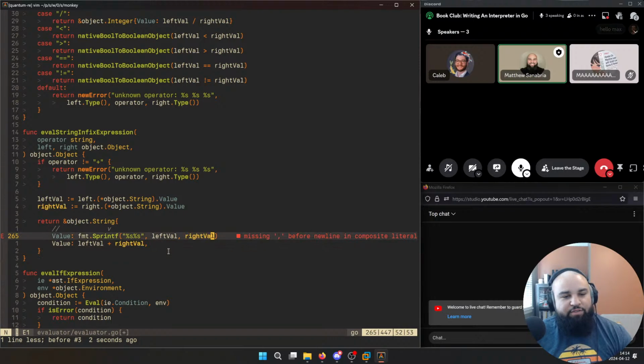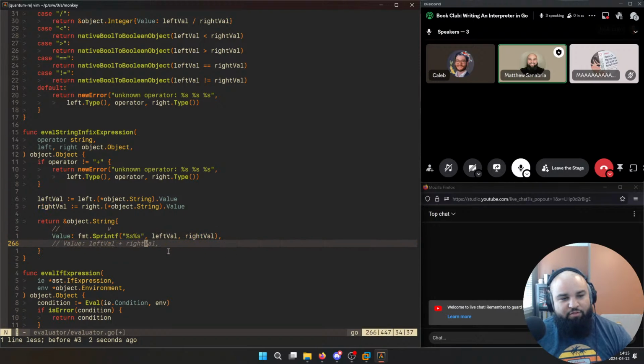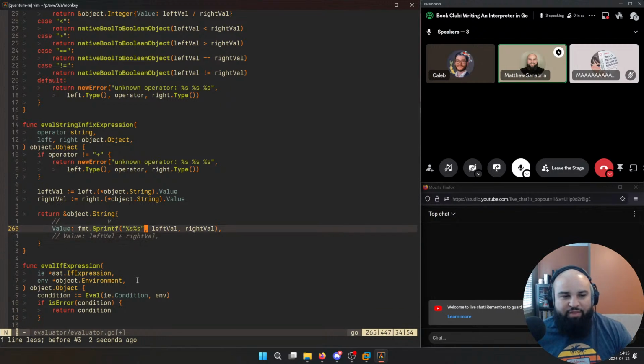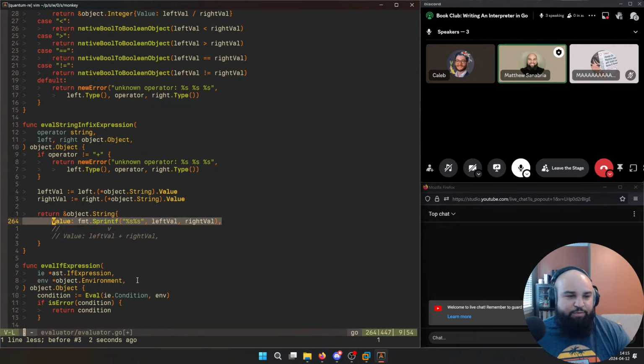There you go. I wish I'd have seen this personally, because it would have made the magic more explicit. I know this is another function call, but it's really easy to miss this plus operation here and understand that this is not the monkey's plus operation. This is the underlying Go's plus operation. So I don't know, I just wish they would have made that magic a little bit more explicit.